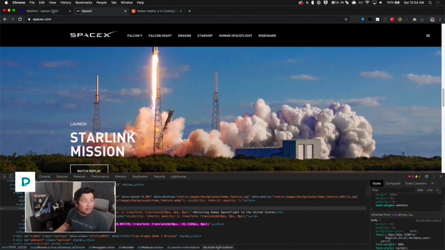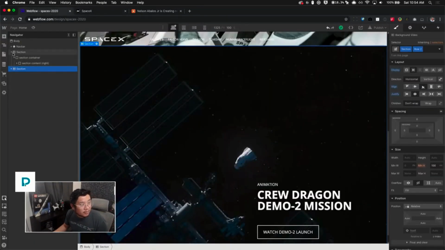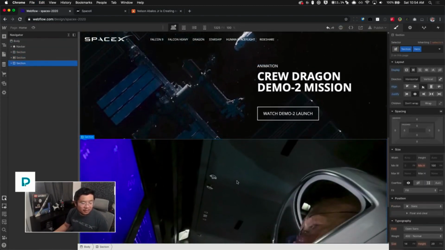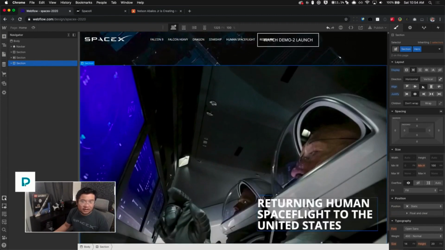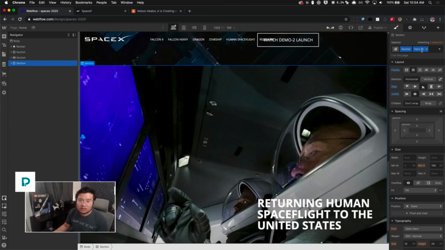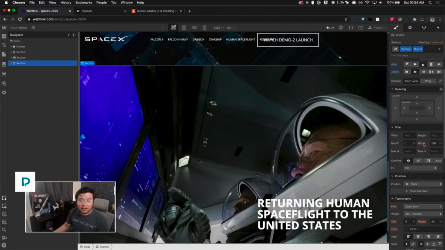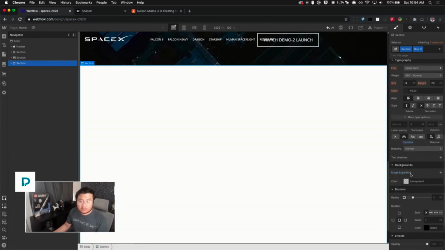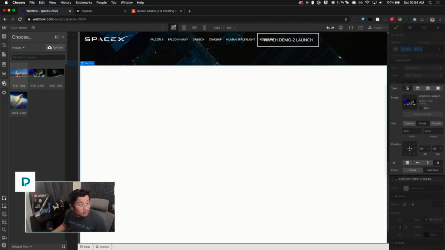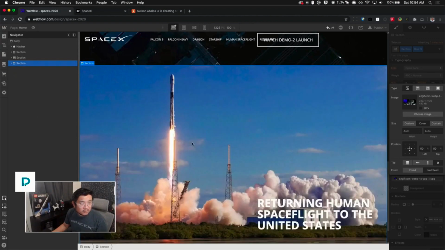Now we go into the opposite side. So let's copy this first section and paste it. Instead of hero, we're going to duplicate the class and call this row 3. We're going to delete the background. Actually, no, sorry. We're going to click on the image, choose image, and choose the next one, which is the